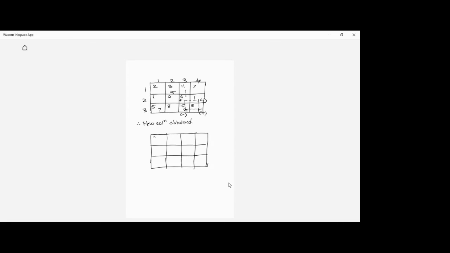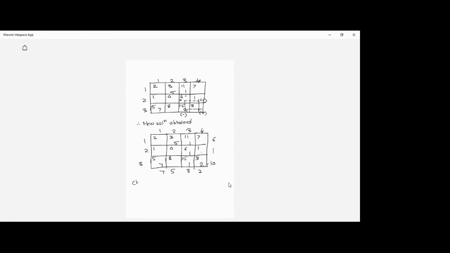The new solution obtained is 2, 3, 11, 7. Here it won't be any change. 1, 0, 6, 1, 5, 8, 15, and 9. So here it will be coming 1. Here it will be 0, right? Here it is 1, so it will be 2, and here it will be 1. So this is 7 here. If you see, the constraints 6, 1, 10 are getting satisfied, and 7, 5, 3, and 2 are also getting satisfied. So this is the new solution that we have, and now we have to